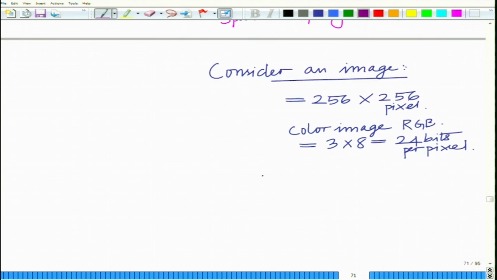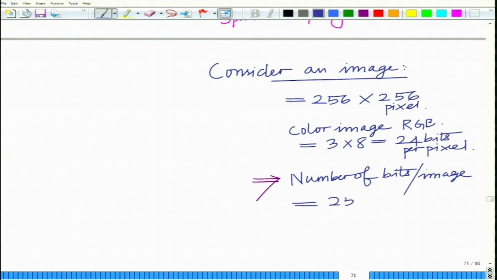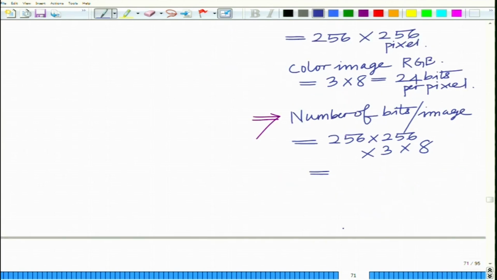The total number of bits per image is 256 into 256 into 3 into 8, which comes out to be roughly